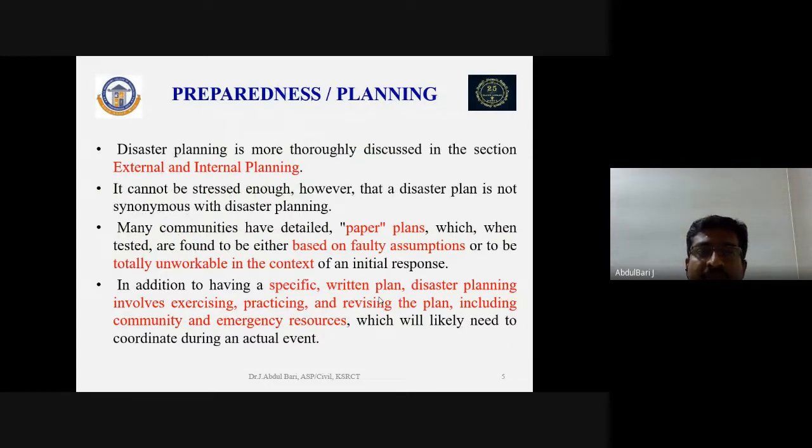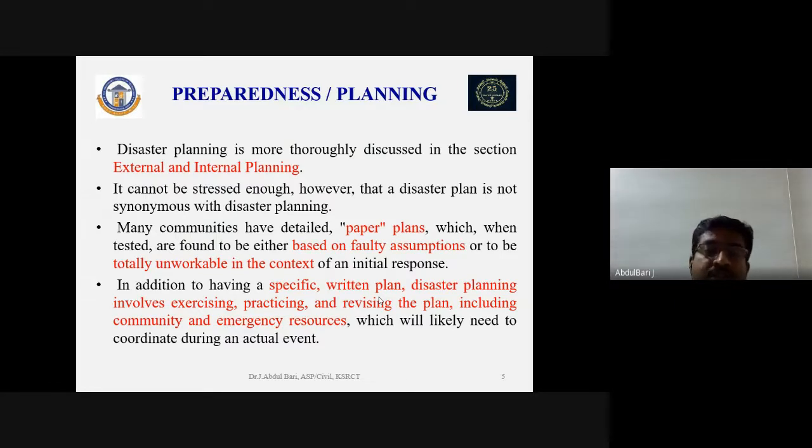Disaster planning is more thoroughly discussed in the sections on external as well as internal planning. It cannot be stressed enough, however, that the disaster management plan is not synonymous with disaster planning. Many communities will have pre-planned paper plans. Those paper plans will have faulty assumptions, or similarly, they will not have workable conditions in context